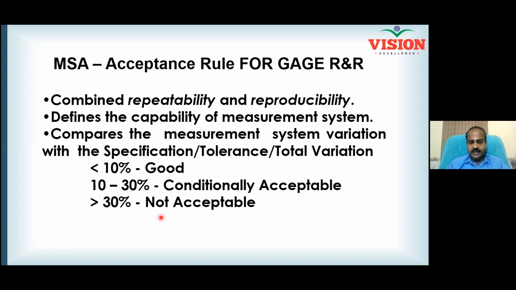The data containing a gauge R&R of more than 30% is unworthy for analysis. You must scrap it. If you still proceed with the data, that will direct you in a wrong direction. That will lead you to poorly understand the problem. When you poorly understand the problem, you will poorly handle it, and then results will not happen.